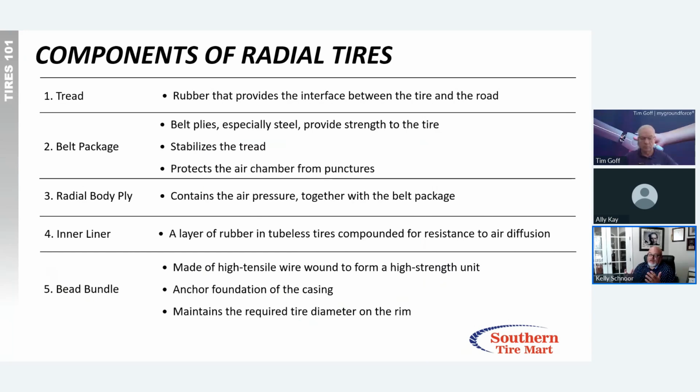So the inner liner, basically that's what holds the air in the tire. It's not so much the rubber in the sidewalls or in the tread area, because I have seen tires that puncture. Like if you run over a nail and it punctures the tread and the liner, that air will cause a separation, because its job is basically just looking for the path of least resistance. And that's why you can get treads peeling or blowouts in another area. So the bead bundle, like I said,